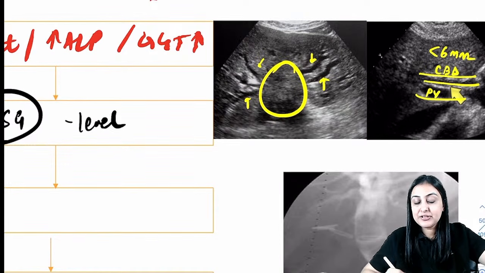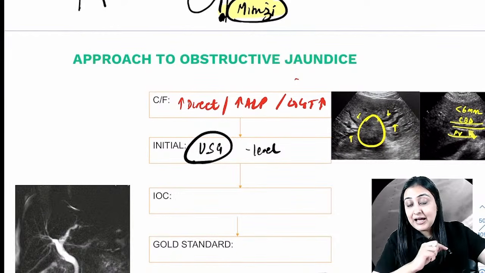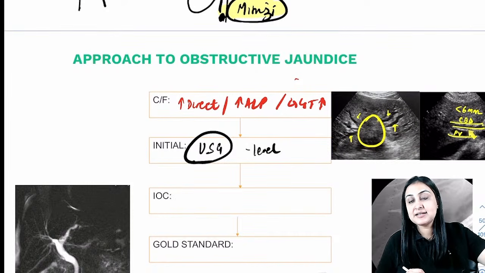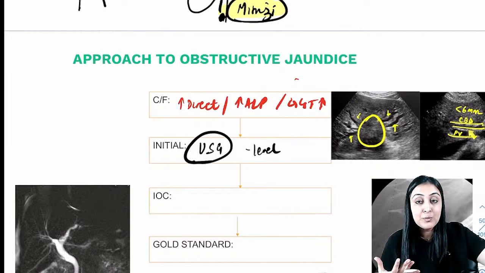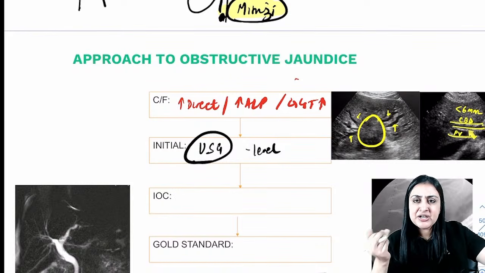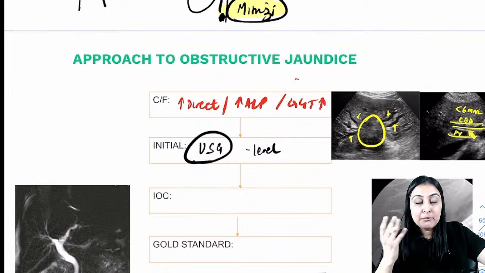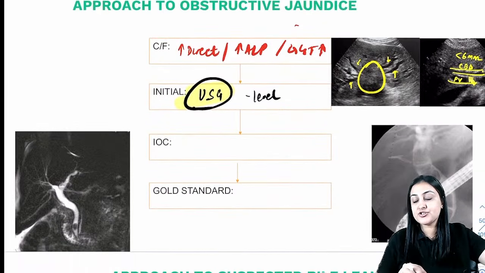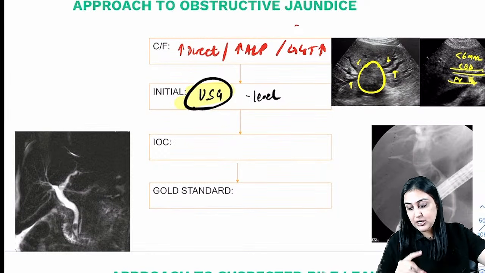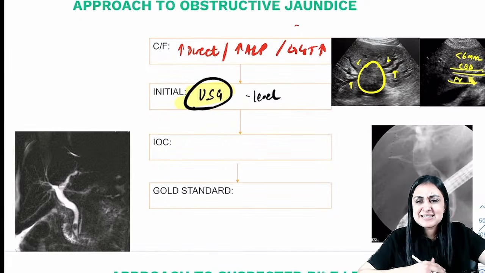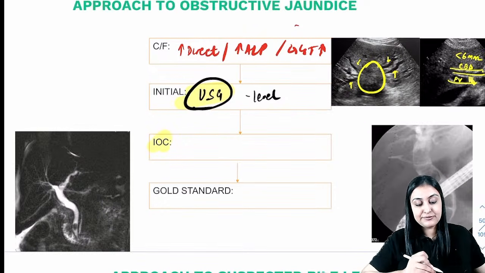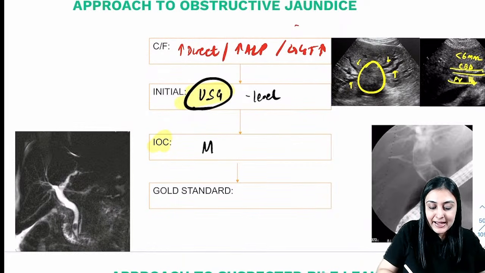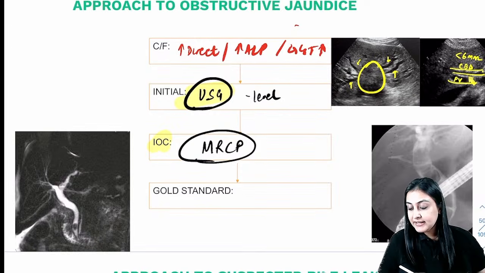So when you see this kind of an appearance, I know that there is obstruction. I may or may not see this distal end of CBD depending on how obese or thin the patient is. In thin patients many times I can see distal end of CBD. Big patients, I might not see the distal end of CBD. So the purpose of ultrasound is not to tell me the cause of obstruction. The purpose of ultrasound is to show me the level of obstruction. Okay. What is the best investigation? What do you want to do next for this person? Next, I want to go ahead with MRCP, magnetic resonance